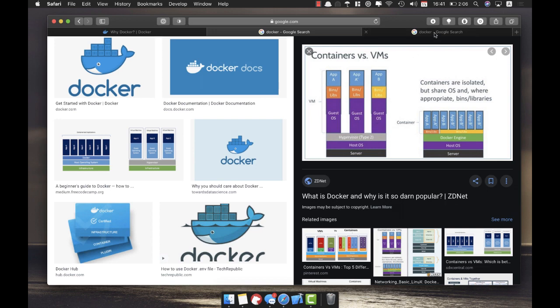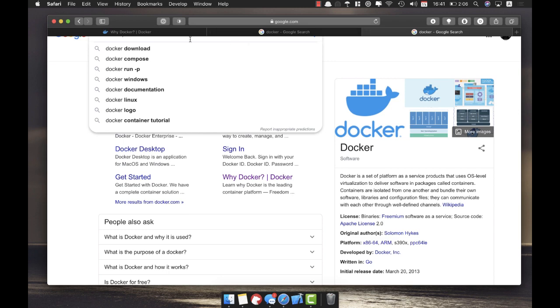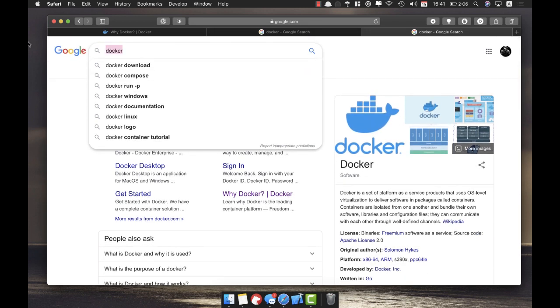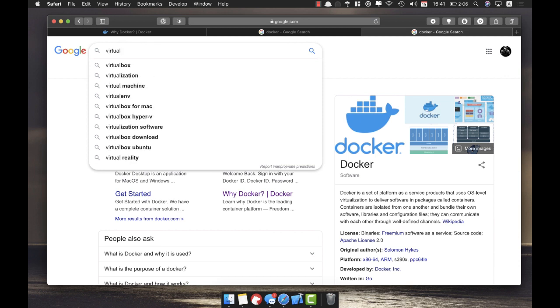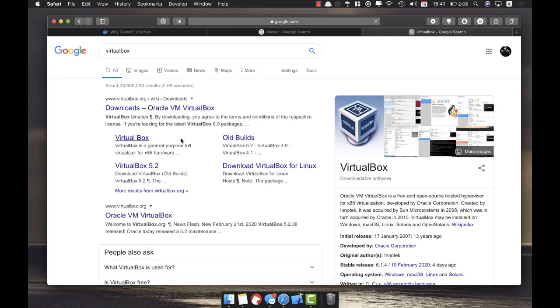Actually, what is a hypervisor? If you have some experience, for example, you for sure know about VirtualBox. It's a hypervisor from Oracle. You could try it, it's free. You could install it on your Windows machine or on your Linux, on your Mac, it doesn't matter. You can play around and configure some virtual machines. And also